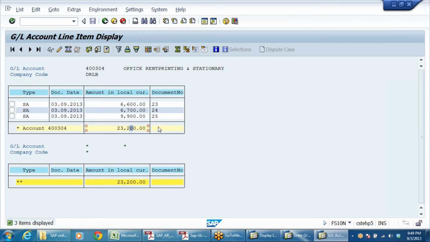But I want to see why the system is showing the company code currency in the general ledger. Because we have already chosen it while creating the company code, INR. That is why all books of accounts will be maintained in INR only. Now I want to see this account in USD. Can I see that? Yes, obviously you can.